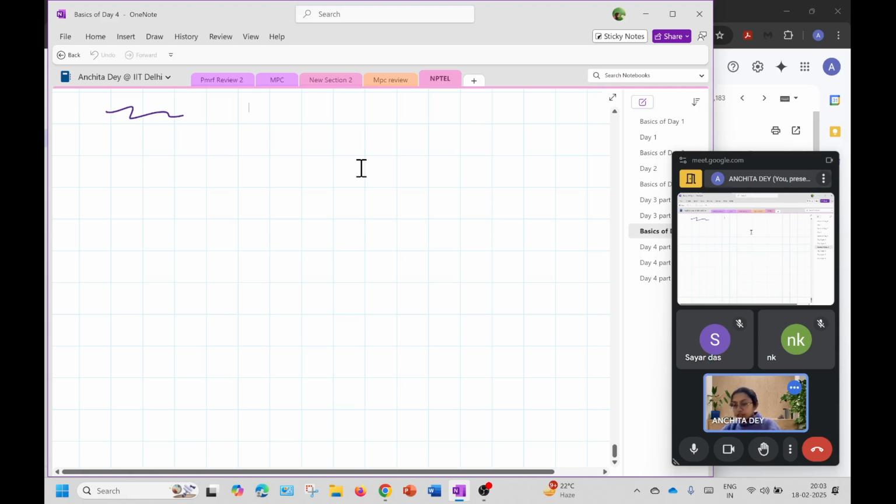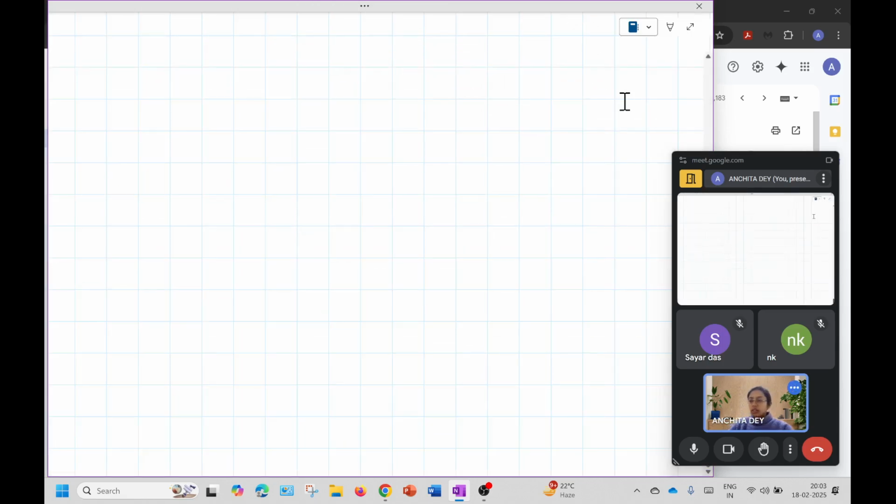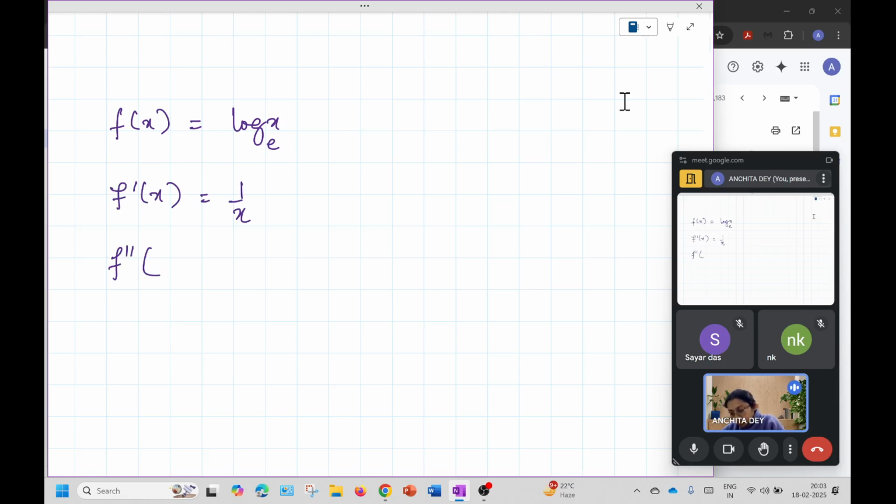So the first conclusion was that this function would be convex, right? We will now move on to the next option. We were given f(x) = log x to the base e, and therefore f'(x) would be 1/x, and f''(x) would be -1/x². And now you can see that for all x,